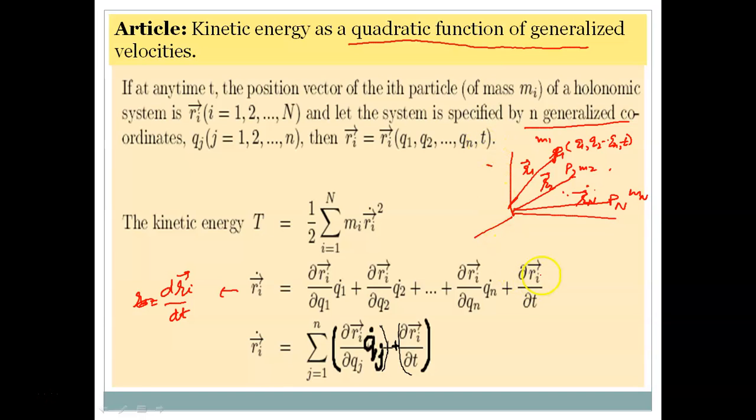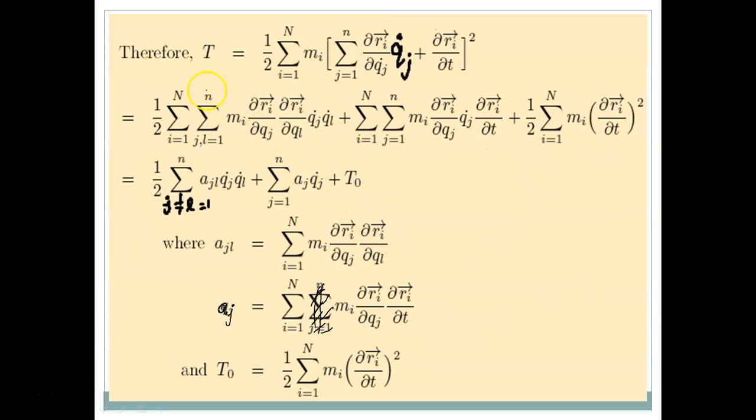So we write del ri by del t, and here it will be in fact dt by dt, so that is in fact 1. That is why it is not written over here. So this part in the form of a summation can be written like this, plus this part we are keeping separate, del ri by del t. So this is the value of ri dot. Now we substitute this value here in the kinetic energy expression. So we get T equal to 1 by 2 summation i going from 1 to n mi, and this is the value of